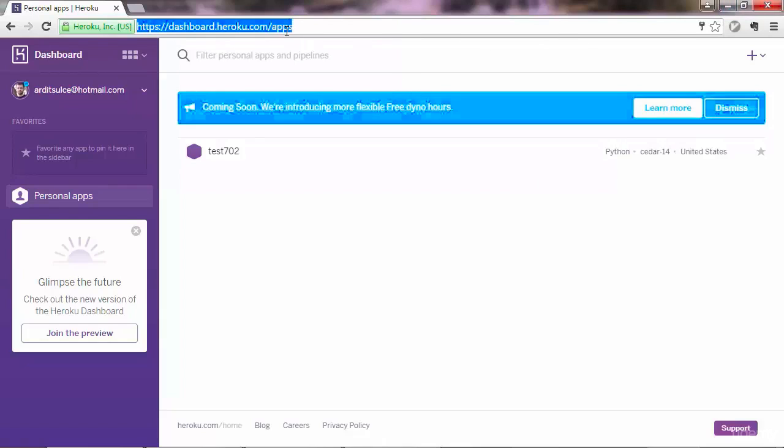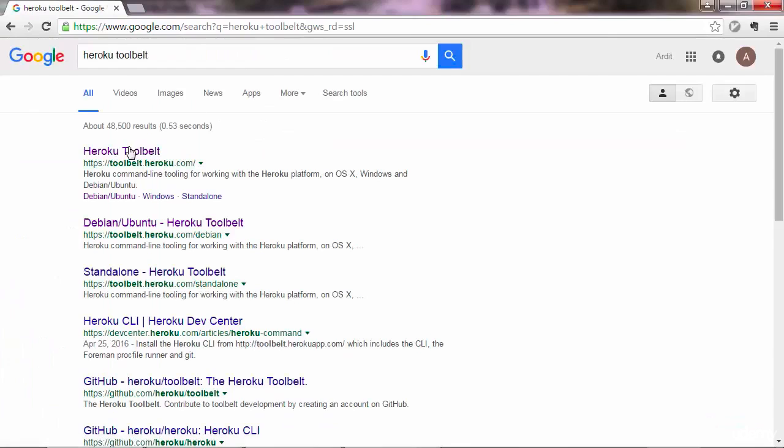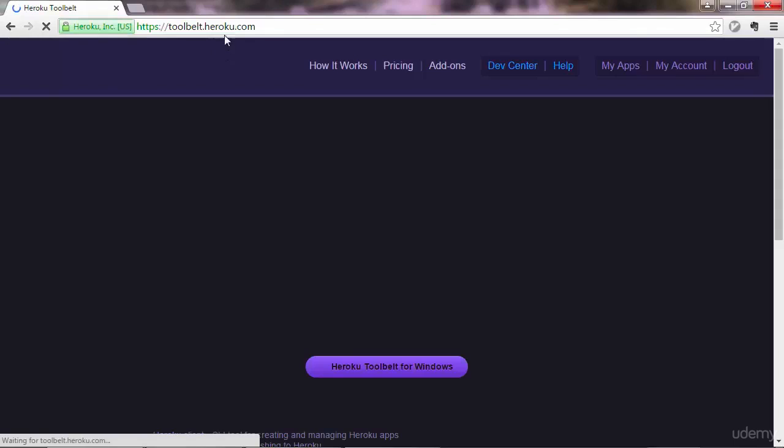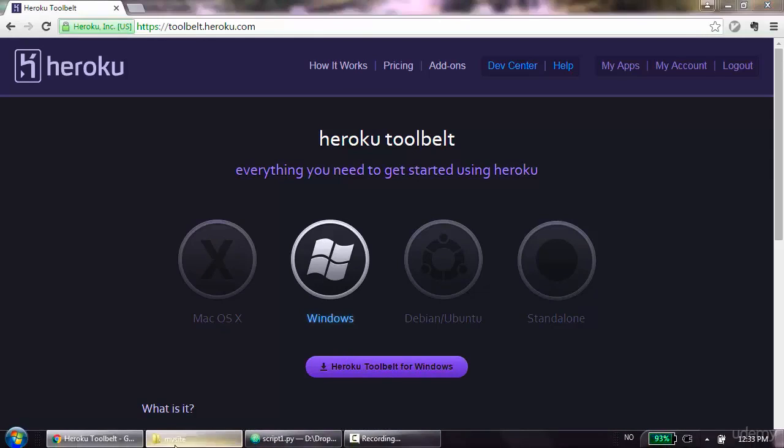Step 2 is you need to download the Heroku tool belt. It's served by Heroku. This is a tool that allows you to communicate with the Heroku server through your command line. Basically we'll be sending commands to the Heroku server, and we need to download and install it for that. So just go ahead and choose the Heroku tool belt for your operating system, and then install it. And once you have done that, you go ahead and